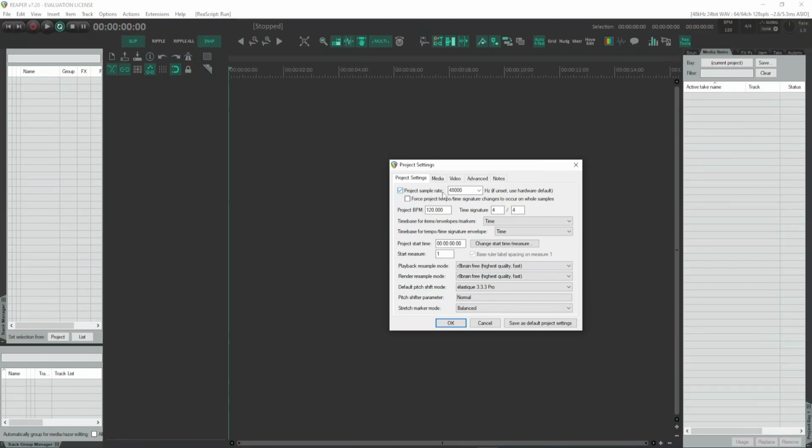And then you're going to have 44,100, which is used for radio, mainly just audio. For just audio, this is more than enough. That's going to be the one setting I would change. And then under media,